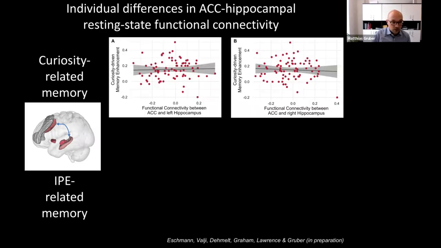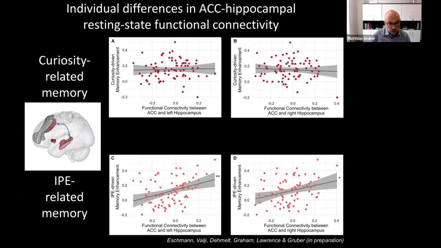And what we really found here, very strikingly, is no correlation with curiosity-enhanced memory. There was only the midbrain and the nucleus accumbens connection. But here, this connection between the ACC and the hippocampus predicts the memory enhancements related to information prediction errors. And you see that again with both hemispheres, a bilateral ACC mask with the left hippocampus and also with the right hippocampus. So we really see this double dissociation, basically how curiosity and information prediction errors drive memory,